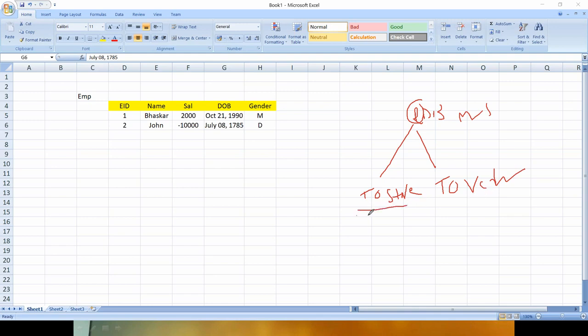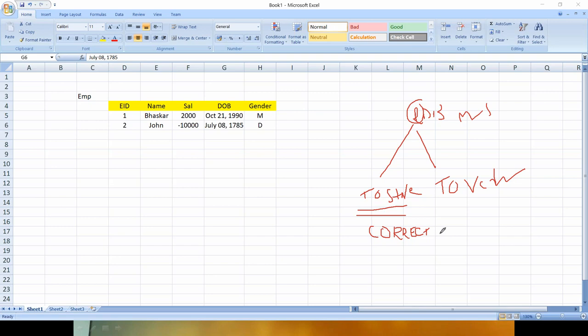But to store what kind of data? Will you store any kind of data? That is completely wrong. To store correct data, right data, is very, very important. RDBMS is not there to store bad data or incorrect data, or any kind of data in the tables. That is not the purpose of RDBMS.